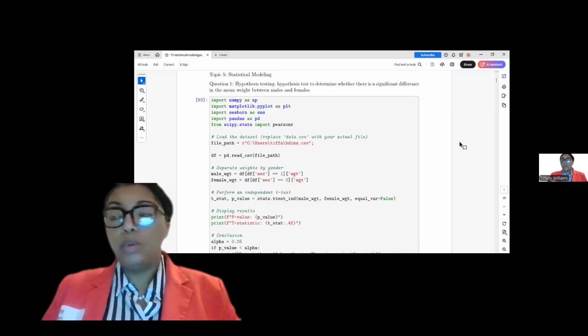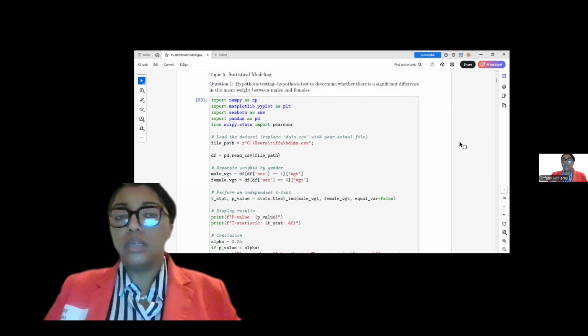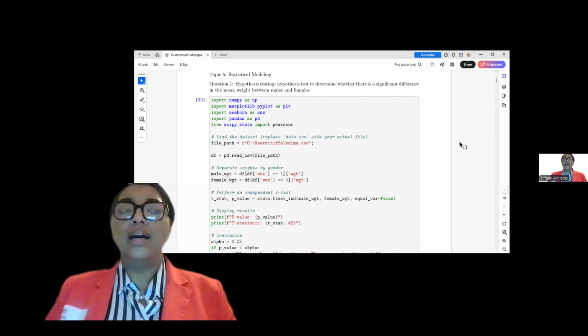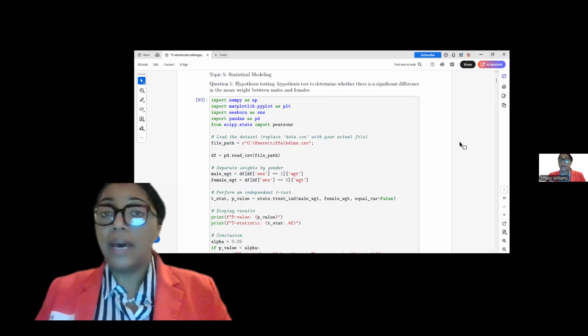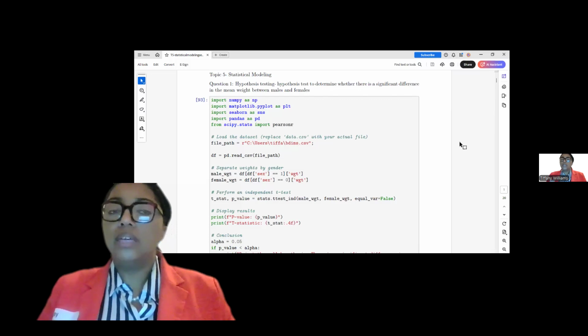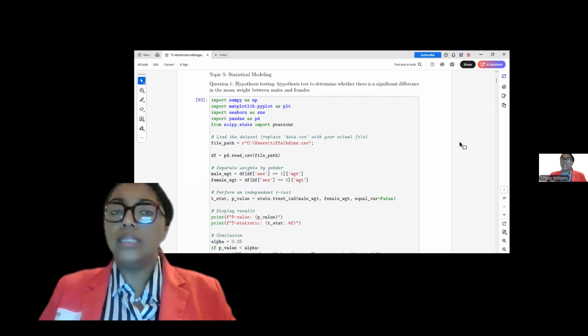Hello, so today we will be going over some statistical modeling. We'll be looking at hypothesis testing, correlation coefficients, some linear models, and some assumptions associated with those models. So jumping right in, we'll have a hypothesis test, testing if there is a mean weight difference between males and